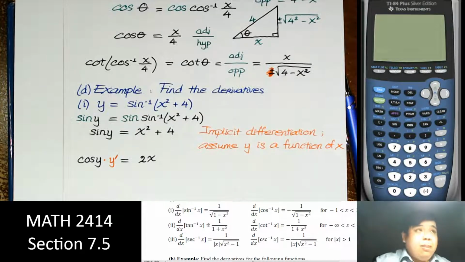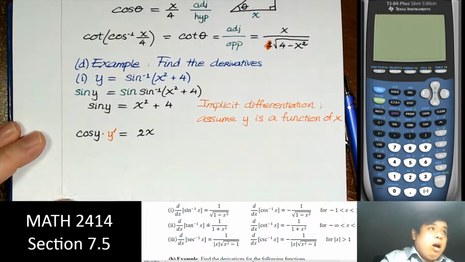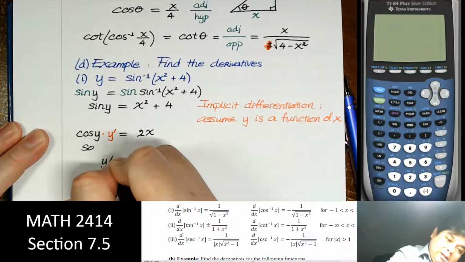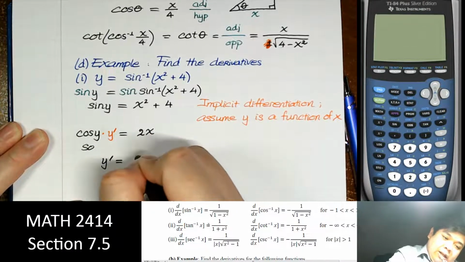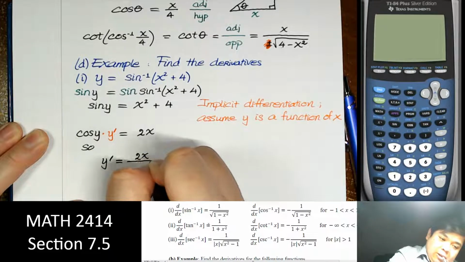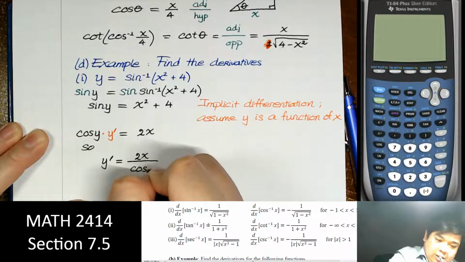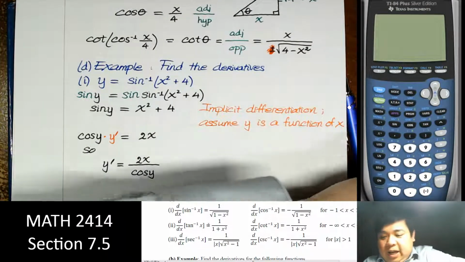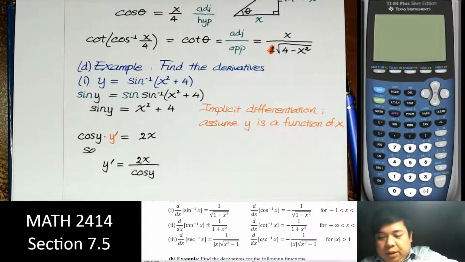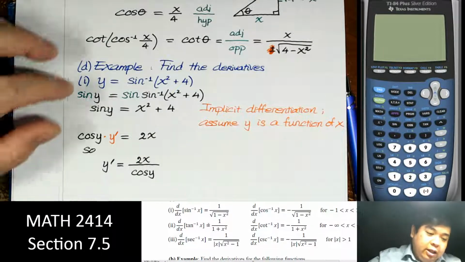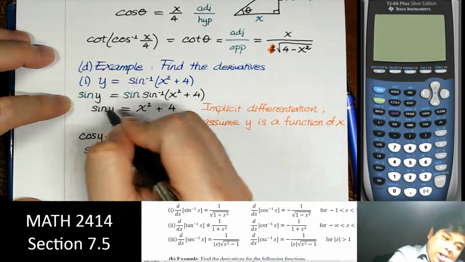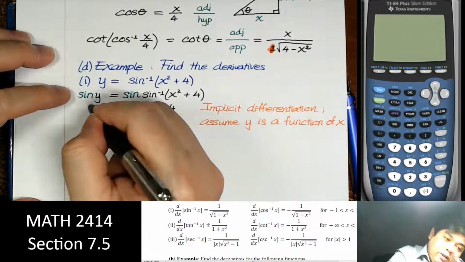Right. Now we just want to solve for y prime. It is 2x over cosine of y. We just need to solve for cosine of y, and that will be good. Right. Now,